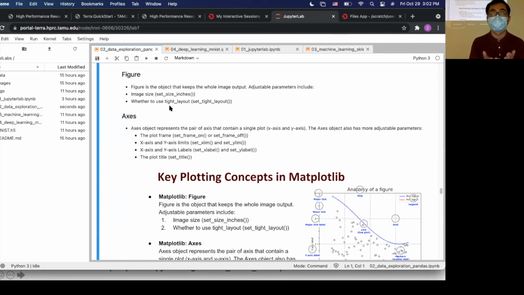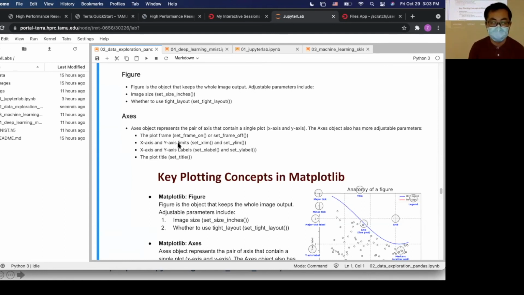Sometimes when you have multiple subplots on the figure, they can overlap, and it's not so nice. If you use tight layout, it uses some padding and makes the layout much better.